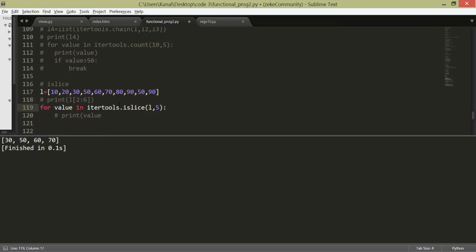So I have a list. Now I want to iterate through a slice of it. So for that I have a function islice. The first argument it will take is the list through which I have to iterate. If I just specify two arguments, the second argument will be the end of it. So I'm saying